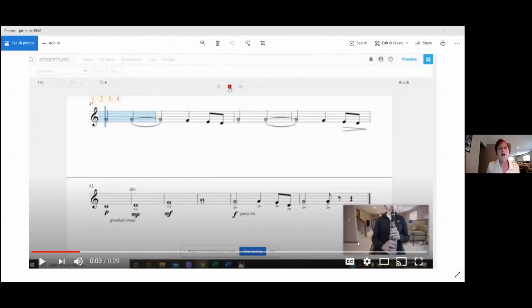And the other thing that I found to be really, really useful, so I'll stop share. The other thing that was useful when we got out in March was that right before we got out, I handed out a brand new concert piece. And of course there were new concepts and new notes in it. And so what I did was